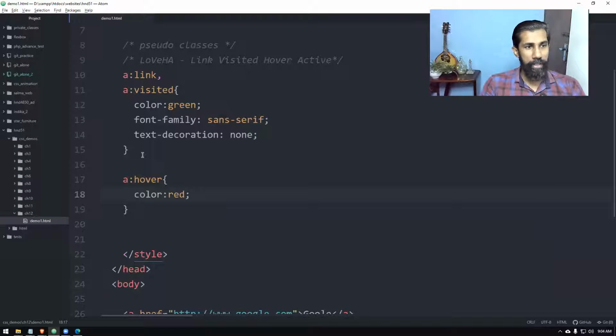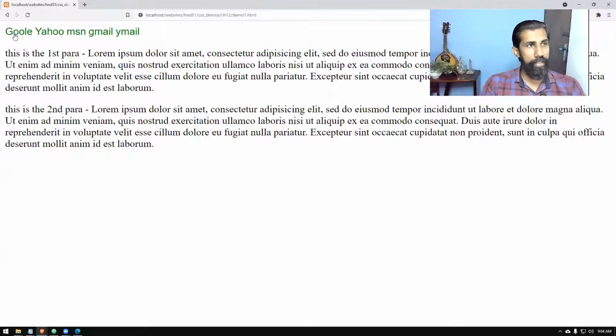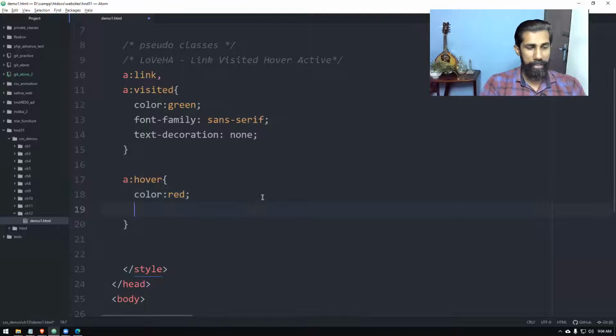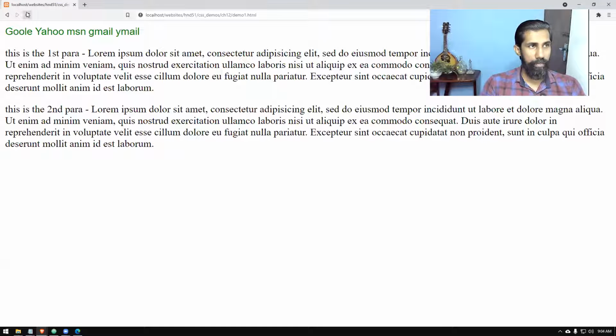So that is about hover. Once I reload this, you can see if the mouse pointer comes over, the color is changing. As well, I'd like an underline to appear there. So once the mouse pointer comes over, you can see the color changes as well as an underline coming.